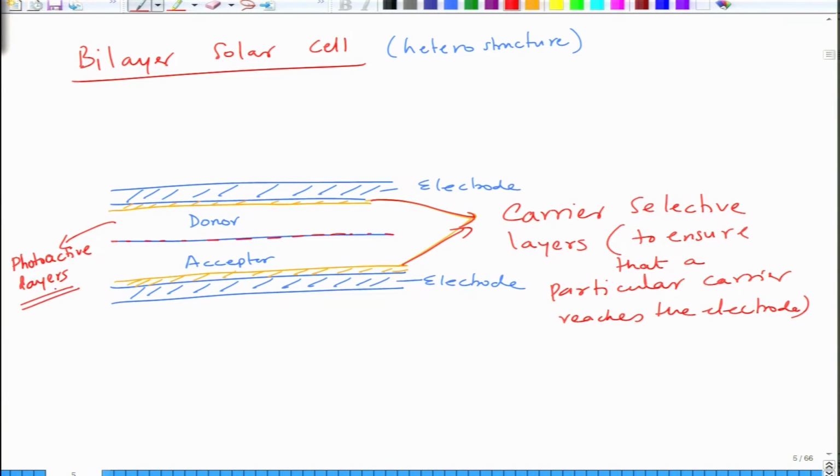Donors have better absorption for light as compared to acceptors. So your light will fall here, you will create excitons. These excitons will move towards the interface, and because of differences in HOMO and LUMO of the donor and acceptor, we will have an internal electric field which will break these excitons into free charge carriers, which will then move towards the electrode. So first is absorption of light,